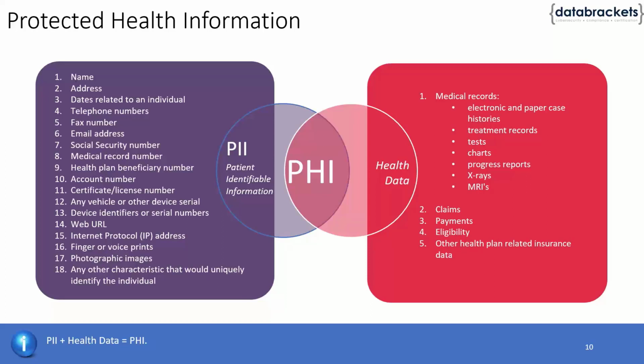But when you have some information about the patient, along with some of their conditions, then the HIPAA rule kicks in. So this is just to give you an understanding of what we are talking about here, what is sensitive data. Just the name alone, just the address alone, or just the date of birth alone is not going to be an issue. When the combination of some of these things along with the medical information listed here on the right side of your screen comes together, that is when it becomes PHI, or more sensitive, and that is when you need to make sure that you are providing all the security best practices in order to handle